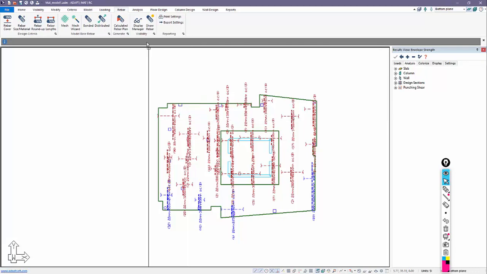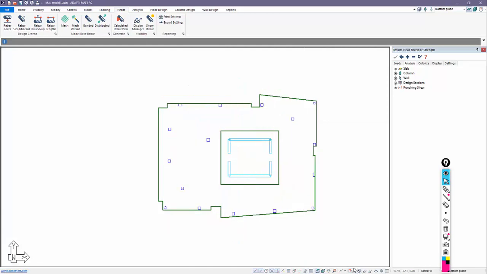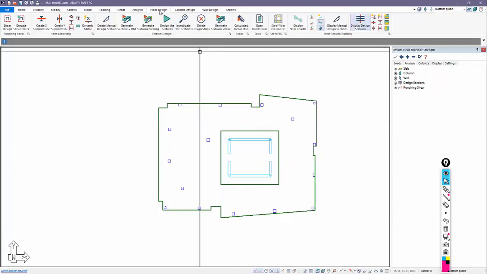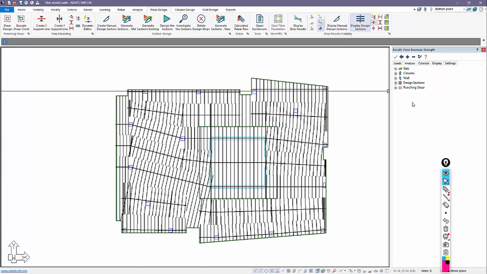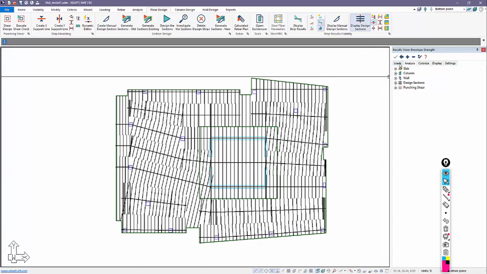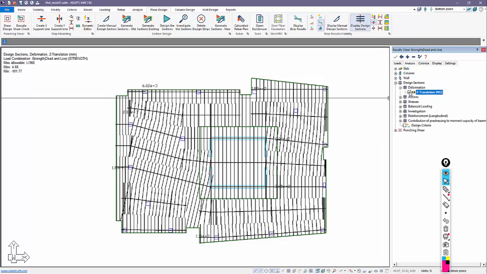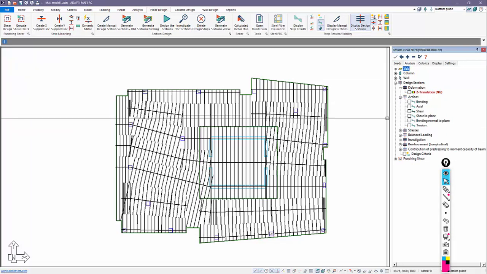Now, the user might be interested in the actual results of the design strips. So coming back to floor design, if I look at the X direction, for example, I'll turn on the design cuts. And in the result settings, I want to look at, let's say, the moment diagrams for strength, dead and live. So I'll set this combination to strength, dead and live. I'll select analysis, design sections, and we can look at deformations on the design cuts. I can look at actions, for example. Here we're looking at the bending moments.